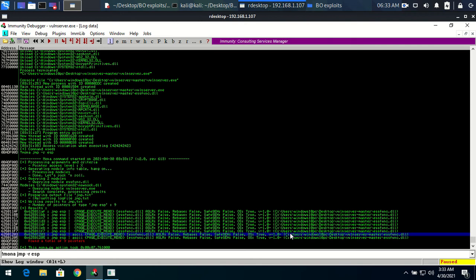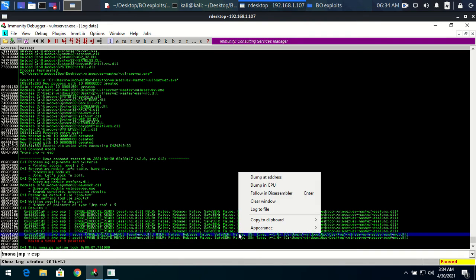So as you can see, ASLR false, rebase false, safe SEH false. So that's an ideal component of the application that we can definitely exploit to gain access of the machine. So copy that address over here